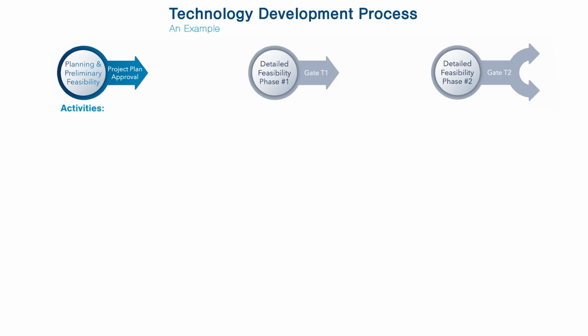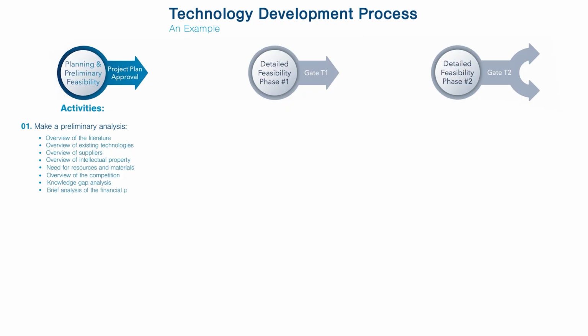When it comes to planning and preliminary feasibility, the first step is to make a preliminary analysis, which usually requires an overview of the literature, mainly by reading the abstracts and selecting relevant articles, an overview of existing technologies and a summary of the relevant ones, an overview of potential suppliers and their credentials, an overview of the intellectual property and the identification of those that are relevant, an evaluation of the resources and materials needs, an overview of the competitive landscape and an understanding of its offerings, the identification of the knowledge gap analysis, and a preliminary assessment of